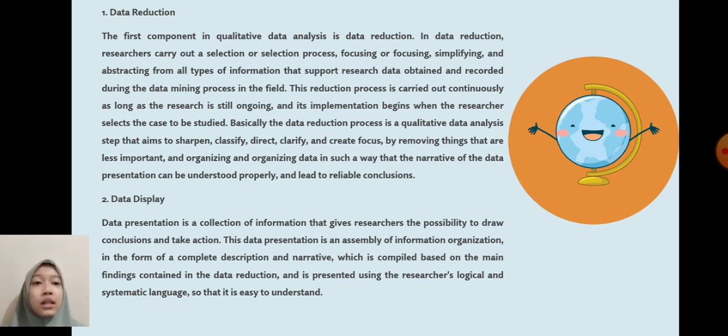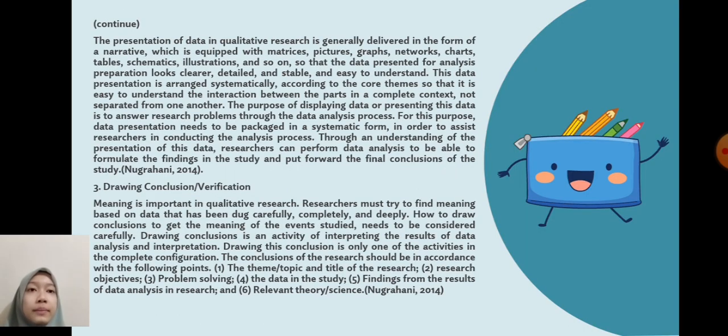This data presentation is an assembly of information organization in the form of a complete description and narrative, based on the main findings contained in the data reduction, and is presented using the researcher's logical and systematic language so that it's easy to understand.